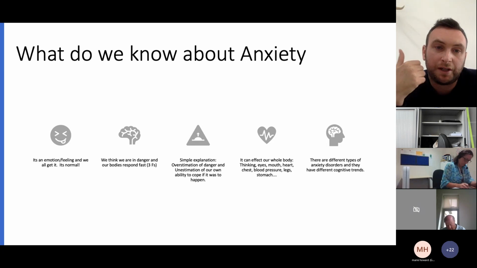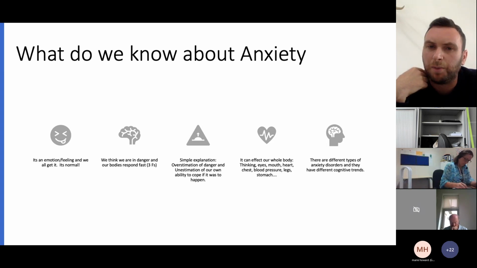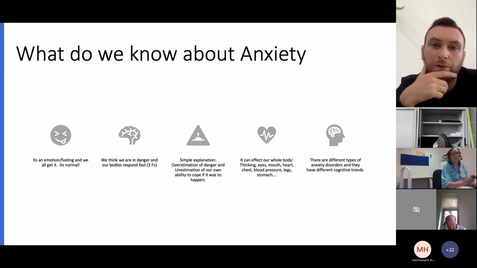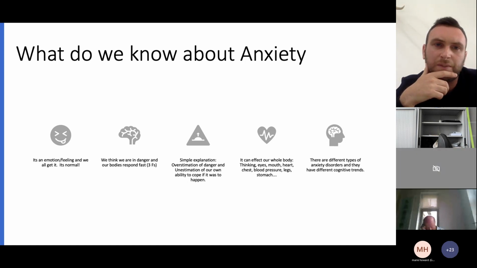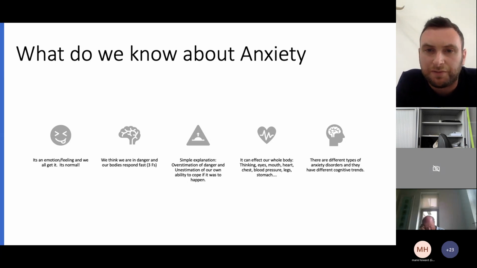Our thinking, like I said, people present sometimes and say stuff like, I feel like I can't think clearly, or my brain goes all foggy. And it does that for a purpose, and the purpose of the brain is to get out of there, get out of trouble. So you're obviously not going to be able to do certain things whenever you feel this way. A lot of this is about normalizing the client's experience and helping them to understand that what they're experiencing is quite normal. It's just the context and degree of it, and the mechanisms being used, that are quite different.